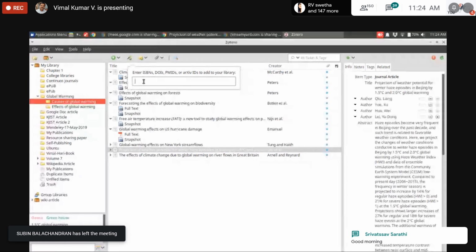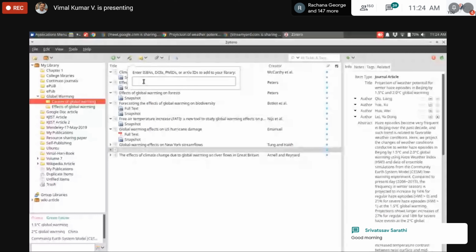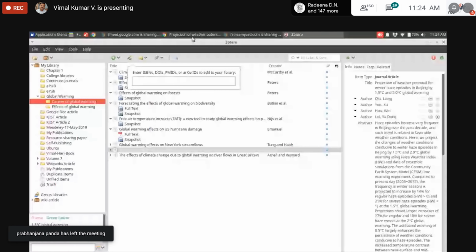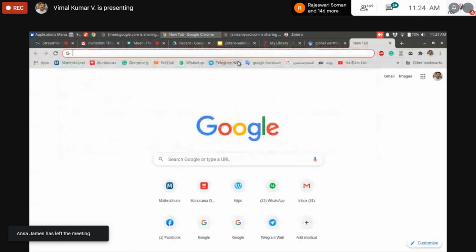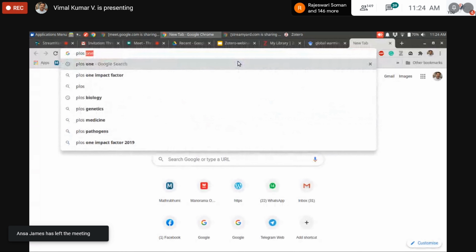I will show you an instance of how to download articles using unique IDs like ISBN and DOI. I am going to visit a journal called PLOS Biology.